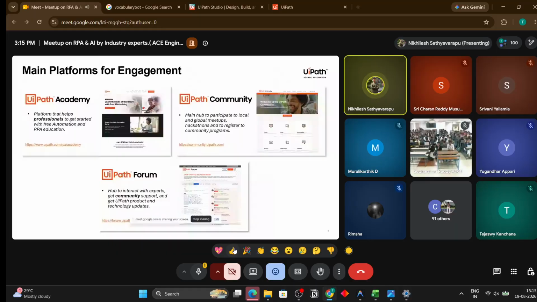Okay. And the main platform of the UiPath community, especially for students, is Academy. I request everybody to go to uipathacademy.com and register yourself for the free certification training. What training we need to do after this session, Tejasvi will share with you. Everybody, please complete the free certification training. The training will cover the entire basics from zero, what is UiPath, how to build a bot, and so on. And at the end of the course, you will get the certification as well.